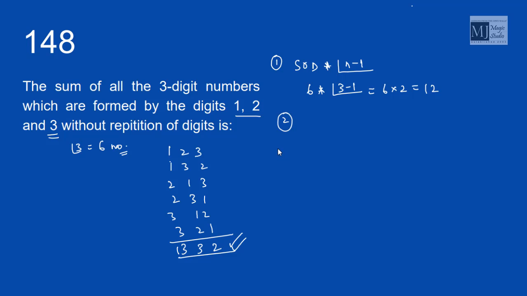Then is the process of writing and adding. Since we have a 3-digit number, I'll write 12 three times: I write 12, then shift towards the left and write 12 again, and then shift towards the left and write 12 again. And then just add up all the columns. The first column value is 2, the second column is 3, the third column value is 3, and the last column from the right is value 1, and that's the total.